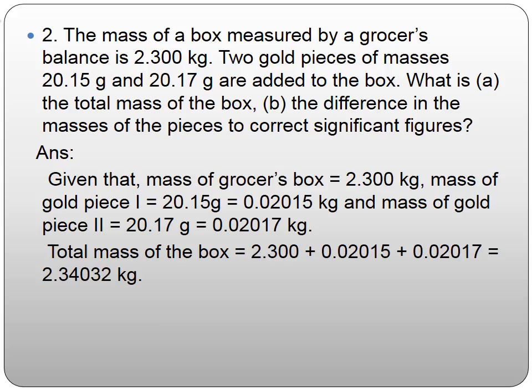Given that the mass of the grocer's box is equal to 2.300 kilogram, mass of gold piece 1 is equal to 20.15 gram. When converted into kilogram, it is equal to 0.02015 kilogram, and mass of gold piece 2 is equal to 20.17 gram, which is equal to 0.02017 kilogram. Then the total mass of the box is equal to